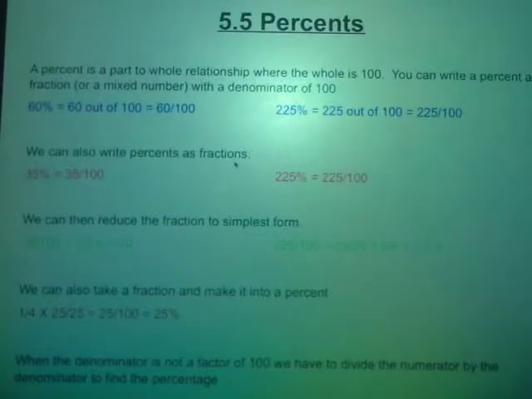I don't have the capability to put the 60 on top, so you're going to see a lot of those diagonal lines. Just remember that those are fractions. On the right I have one that's greater than 1, 225%, which would also equal 225 out of 100. And the fraction would be written 225 over 100. We can also write percents as fractions, so we just take 35%,